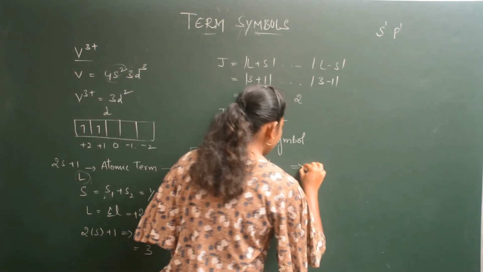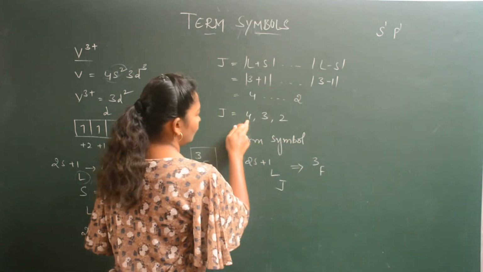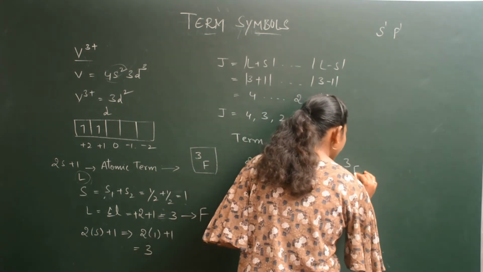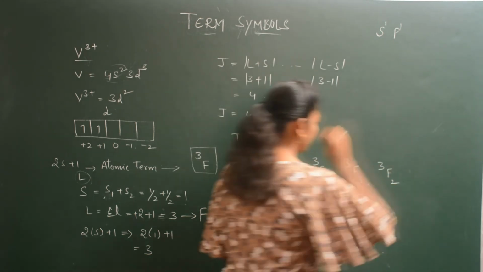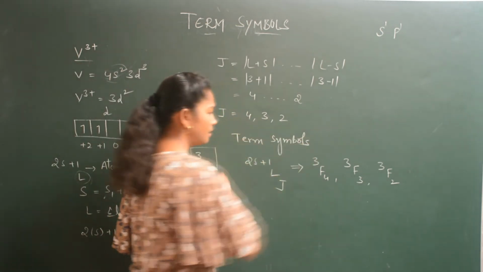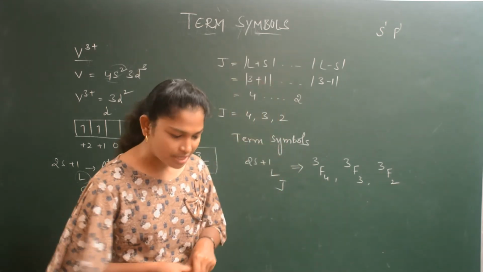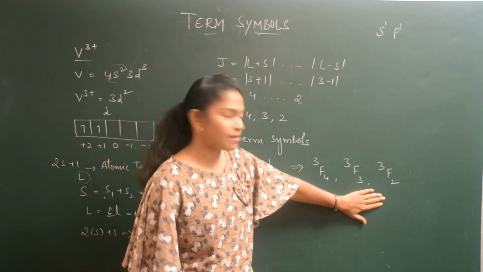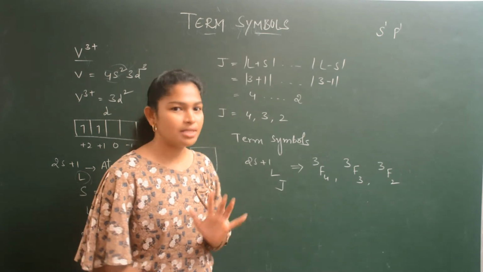Now the possible term symbols will be 3F4, 3F3, 3F2. These are the possible term symbols. See, sometimes they will ask you to find out the ground state term symbol. So these are the term symbols, right? From these term symbols, if they ask you to find out the ground state term symbol, how can you find out